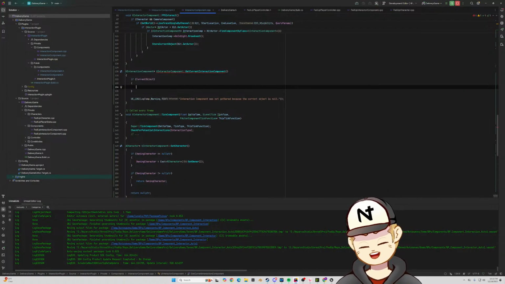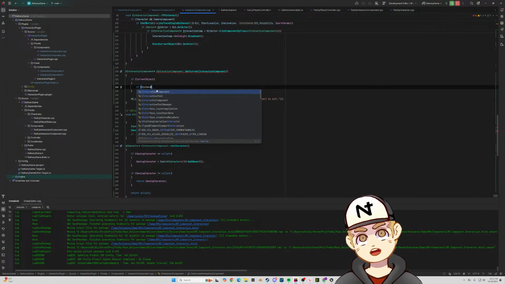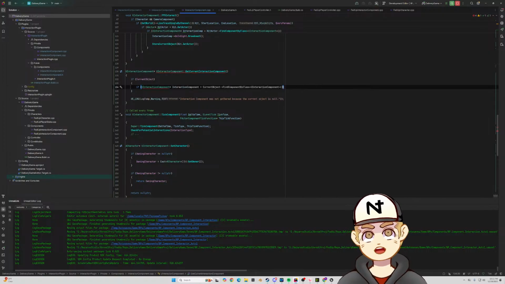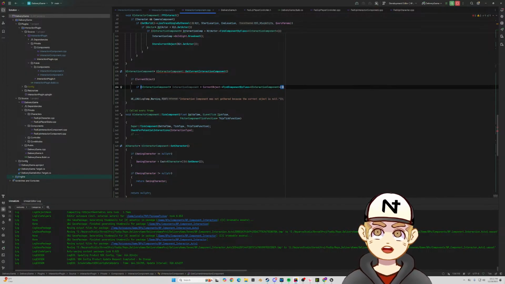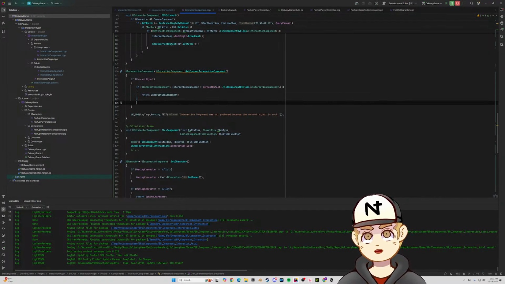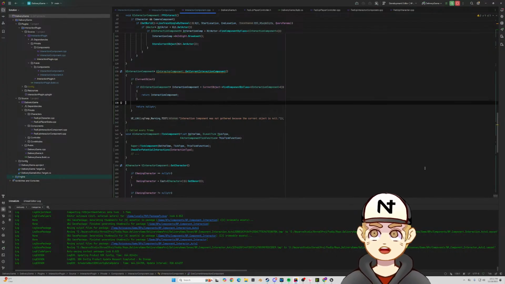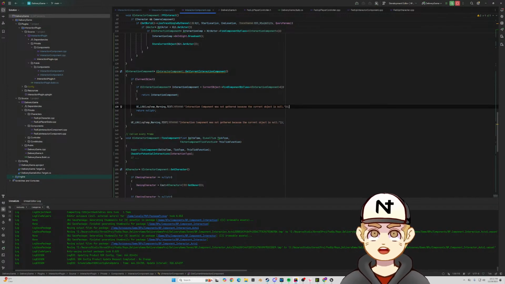If we have a current object, then we can say if new interaction component, because I want to make sure I can get an interaction component. Oh my gosh, that worked perfectly. Then we're going to go ahead and return the interaction component, or else if that doesn't happen, we're going to return null pointer, and we're essentially going to throw another log and say instead of it's not gathered because